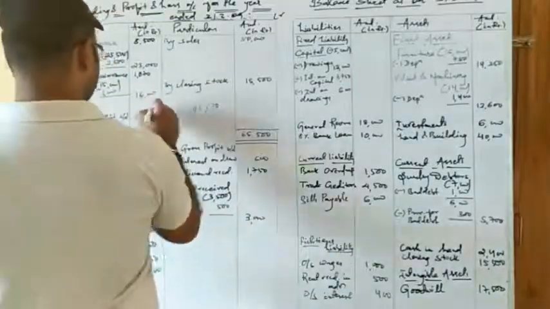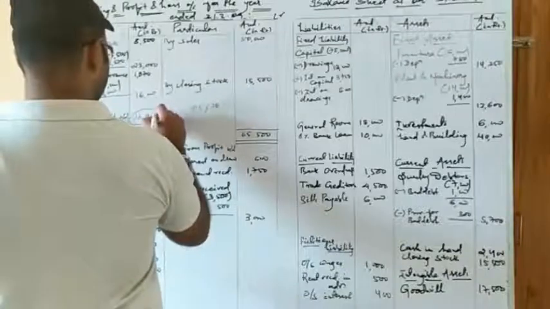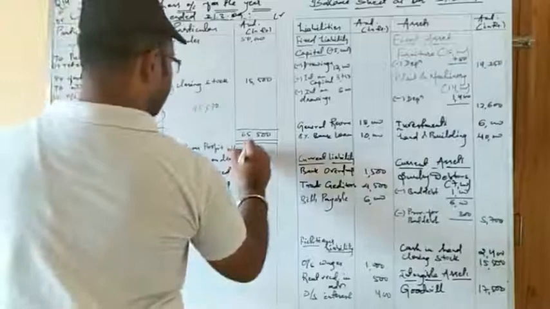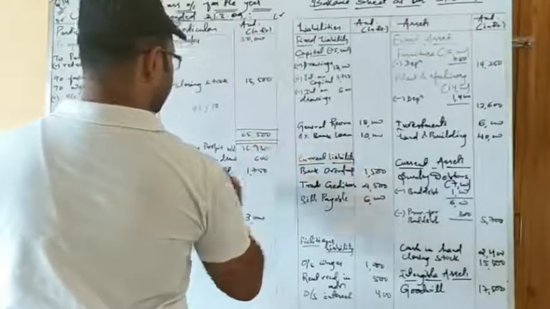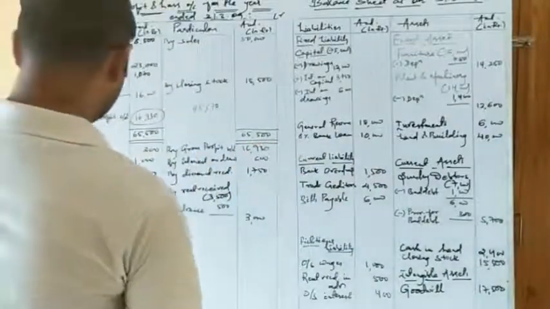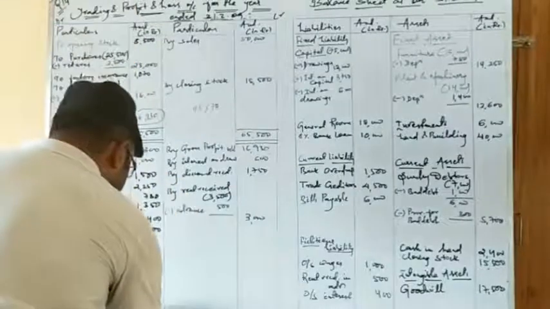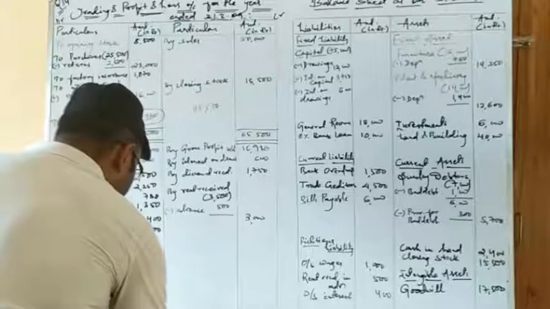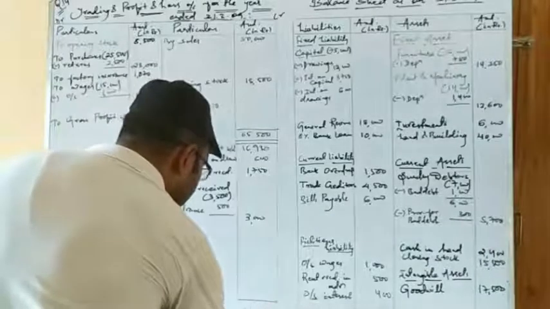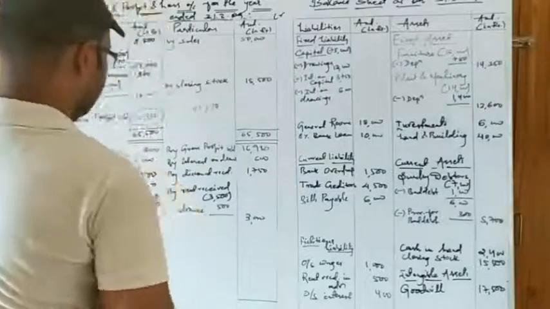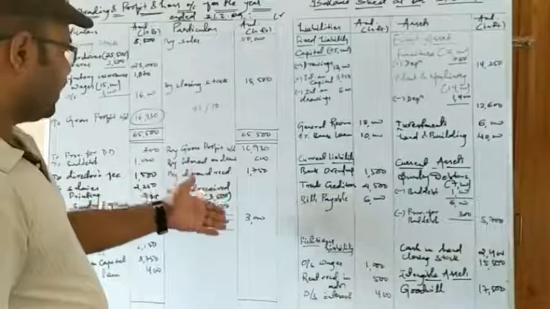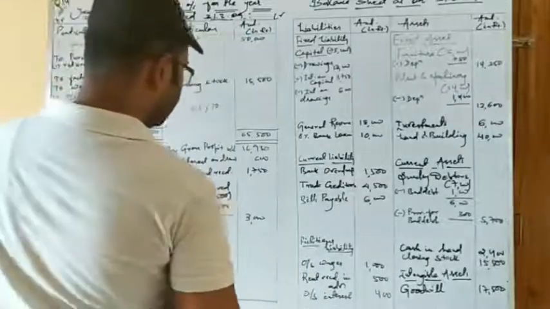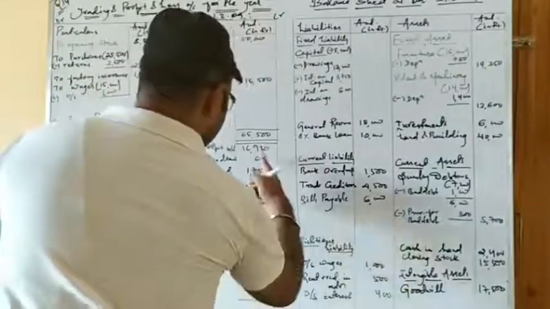Let us move with this value and see whether we are getting the correct answer further or not. Okay, so we got the gross profit as 16,930. Now let us close our profit and loss account. As you can see, the value of the credit side is much more than the debit side, so definitely we are getting a net profit over here. Okay, so let us check whether we are getting the answer or not.